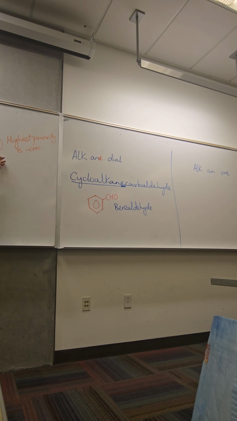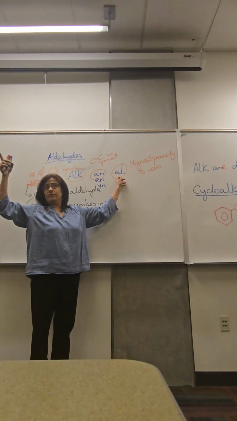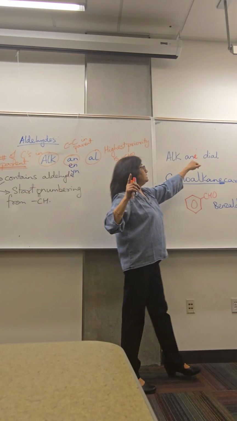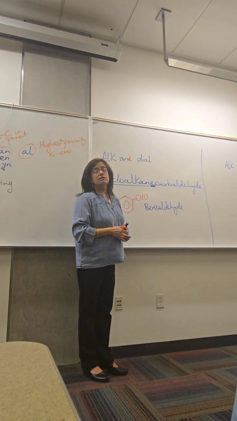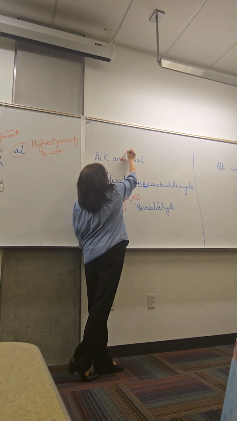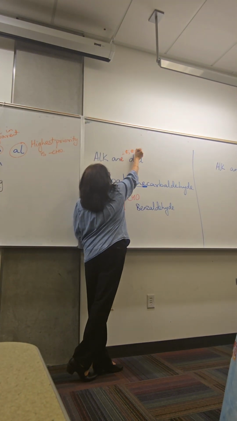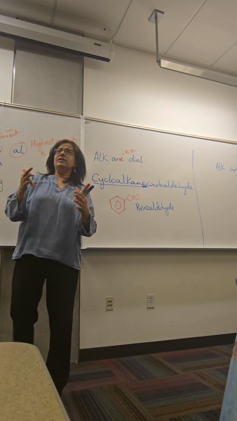So if there's only one aldehyde, it will always be at position 1, so we don't have to give it, because it will always be 1. But if it is a dial, we must give the position, even though it's kind of implied, but we should